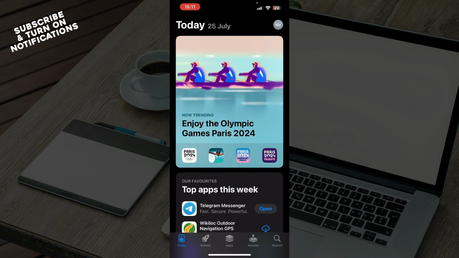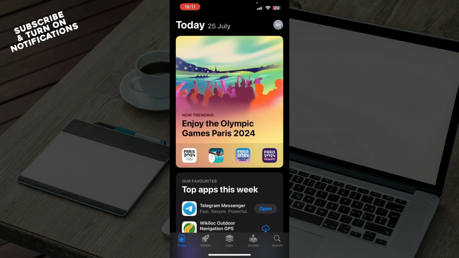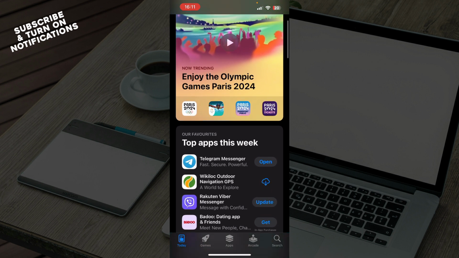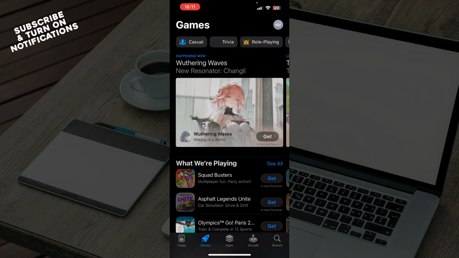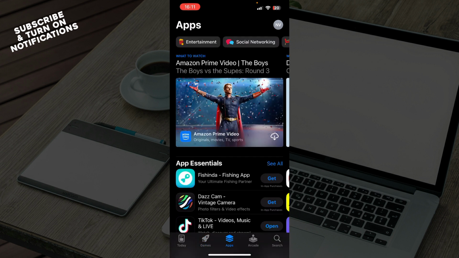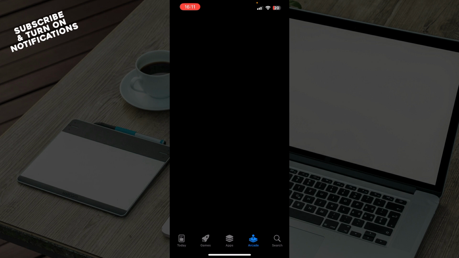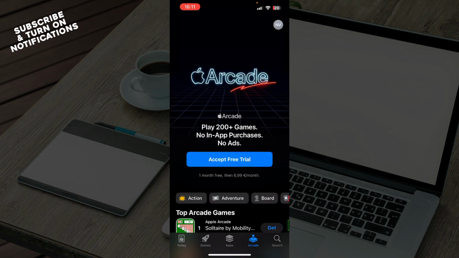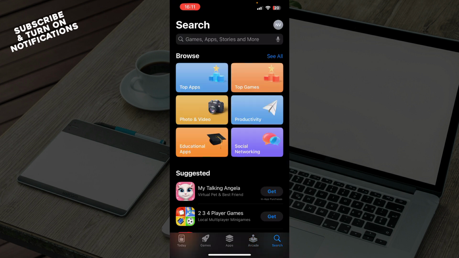So first of all, as you can see, we have the Today tab, where you can see all the applications that are hot today. We have the Games, where you can check out only games. We have Apps, where you can check out all of the apps on the App Store, and Arcade. But what we will be focusing on today is the search, which is in the bottom